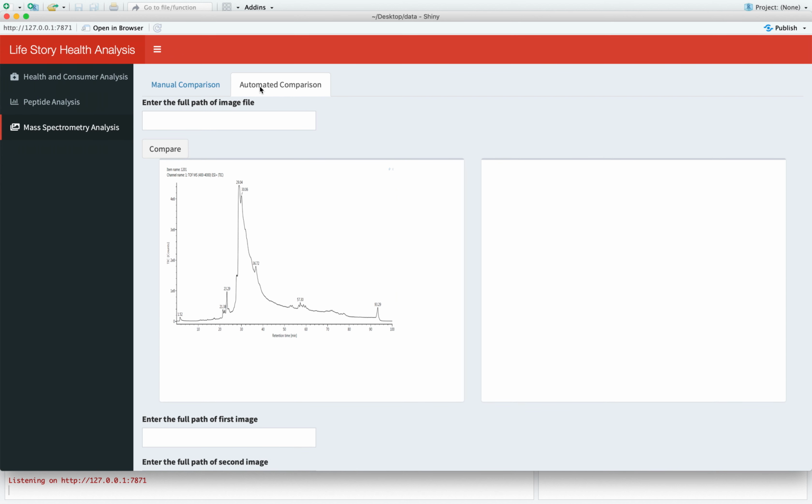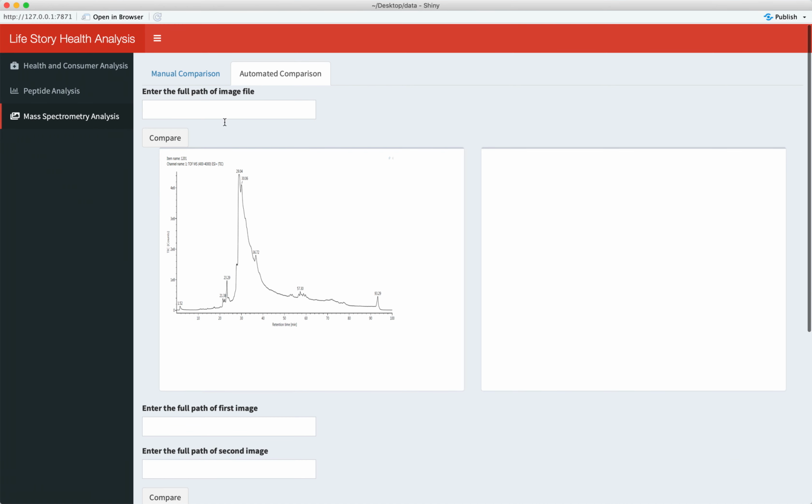The next step is automated comparison. I created a dynamic dashboard where the user can provide their own images and compare the output with a reference image. So let's say if someone wants to compare the spectrometry image of a sick patient with that of a healthy patient, such an analysis can be useful. The idea is that the two images are overlaid on top of each other, making the comparison process relatively easy and fairly automated. For example, if I provide the path of the image